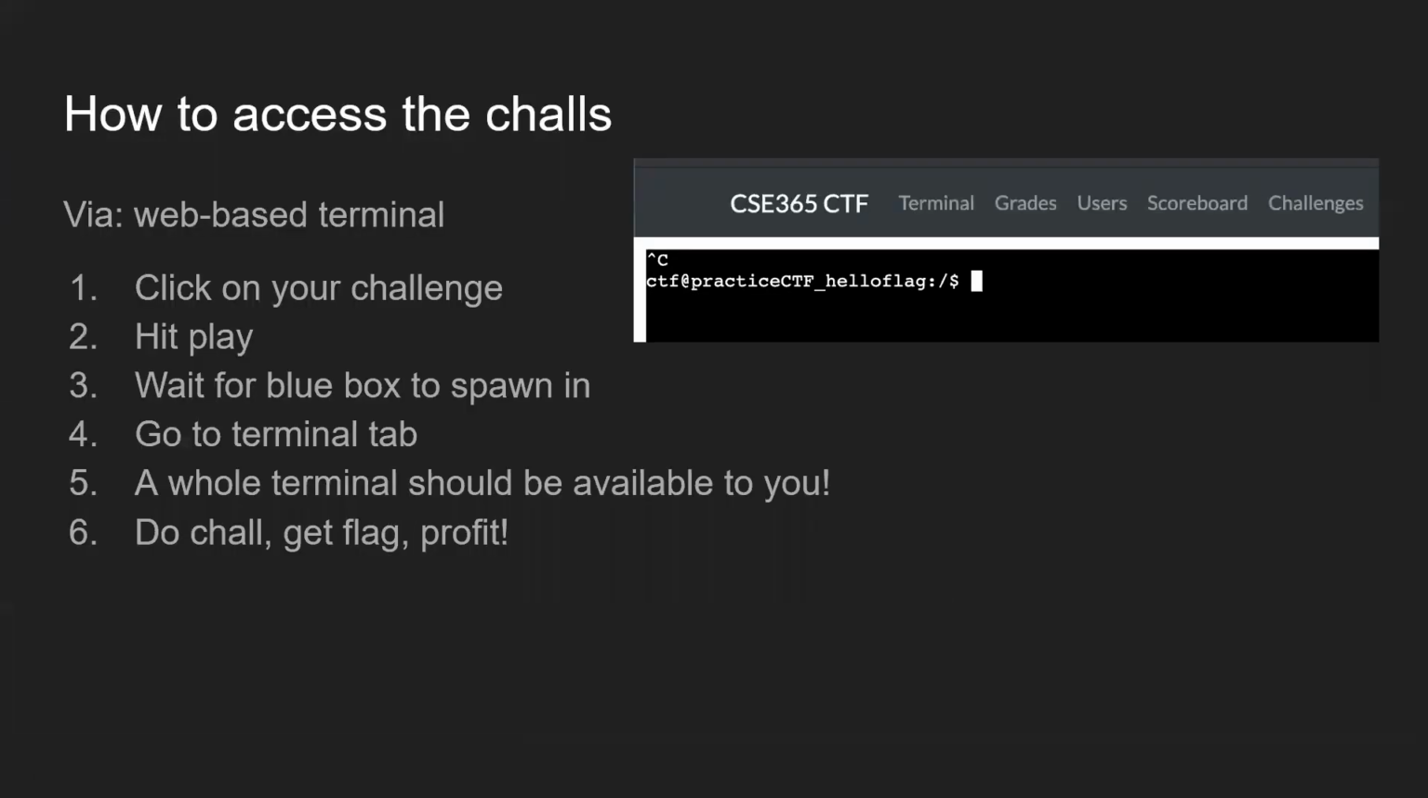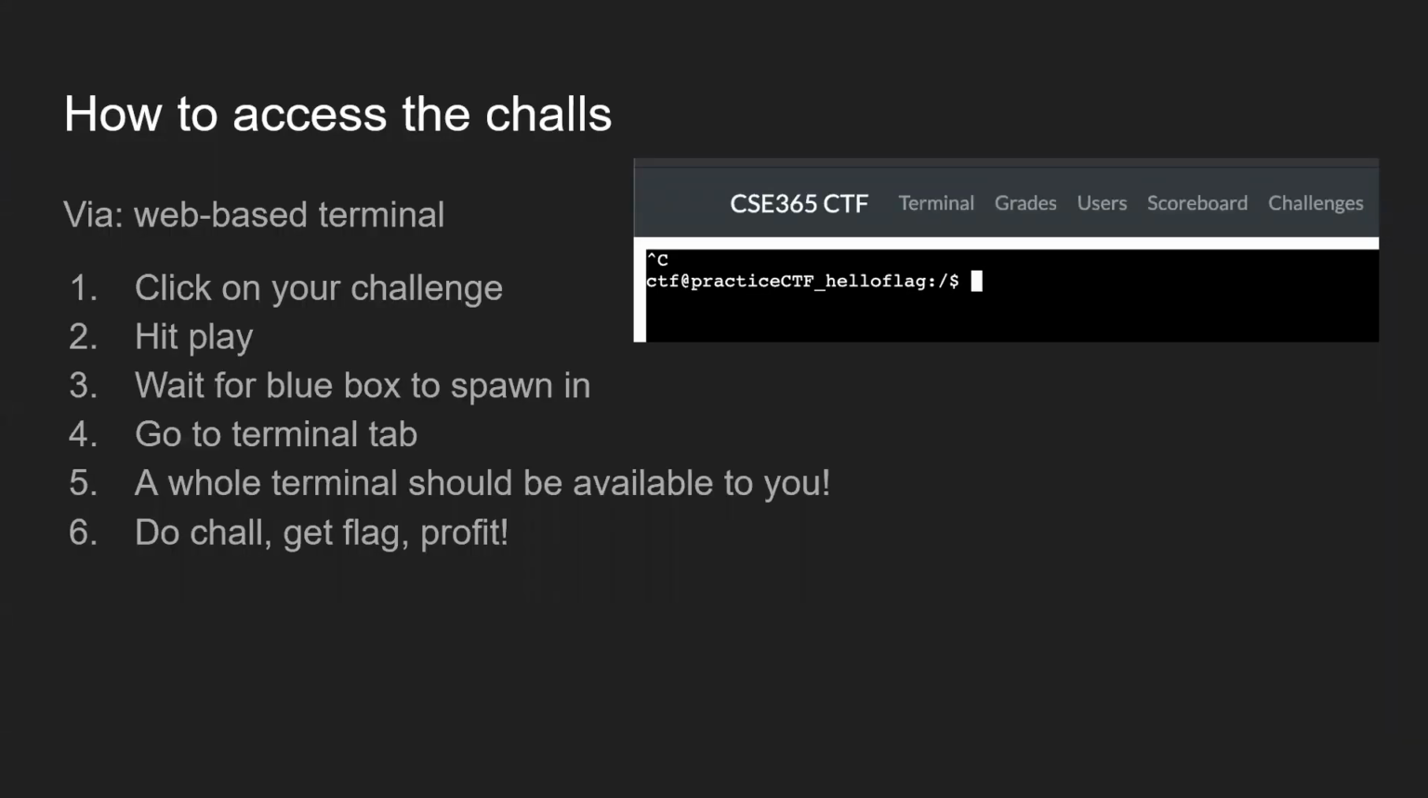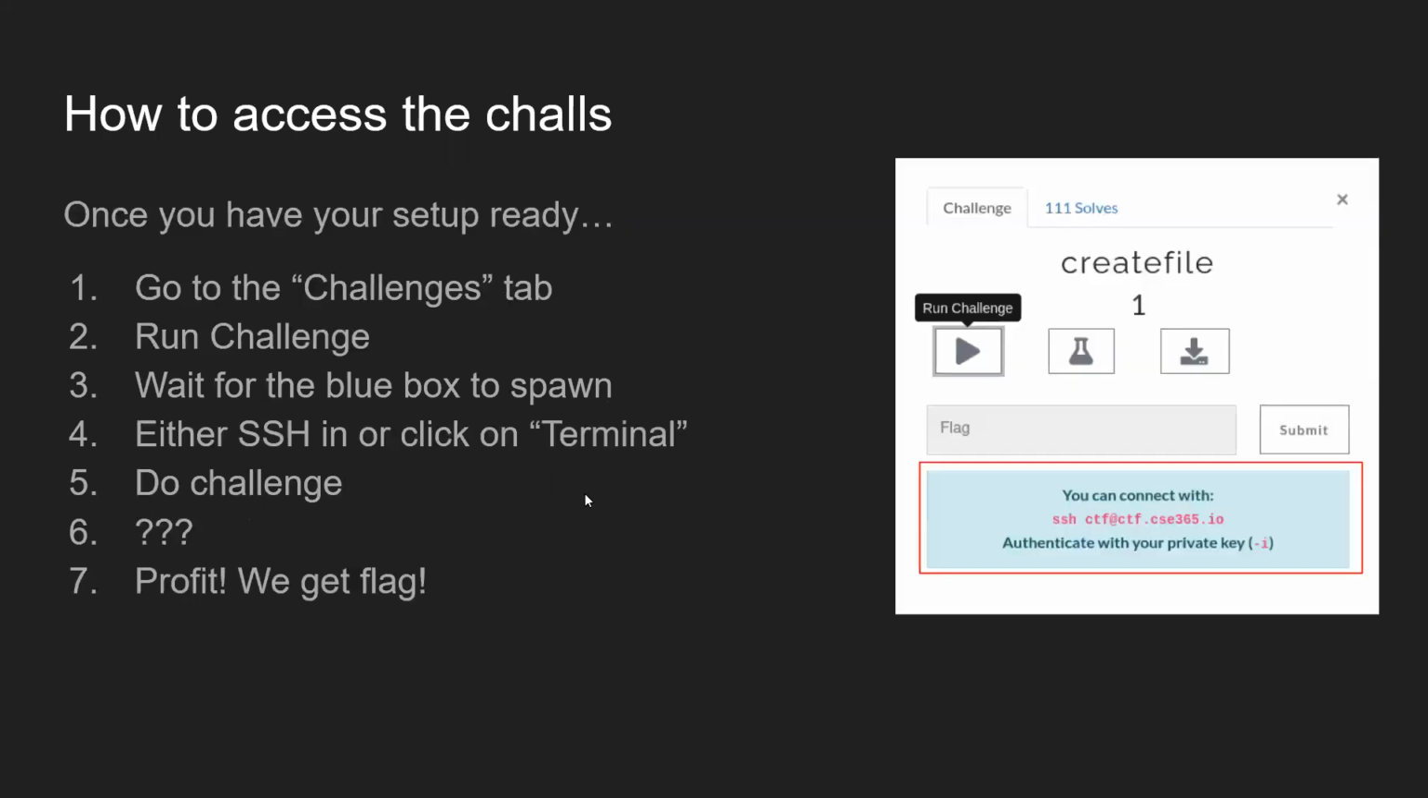Okay, so now I can go over the web-based terminal. Once you hit play or run the challenge itself, you can go to the terminal tab, and it'll spawn an entire Docker container with the challenge for you. So click on your challenge, hit play, wait for it to be generated, go to your terminal tab, and everything should be available for you. Once you have your setup ready, or if you want to SSH in that way,